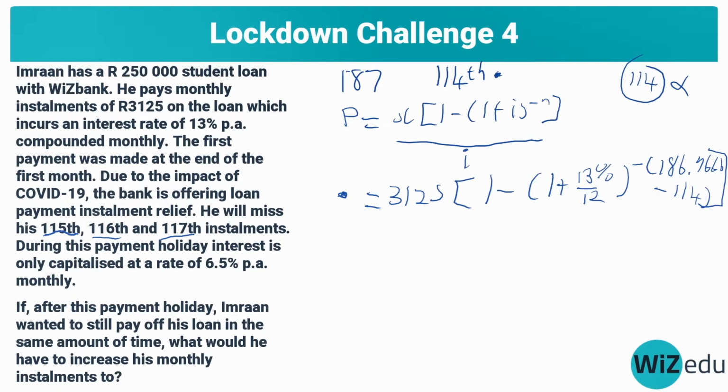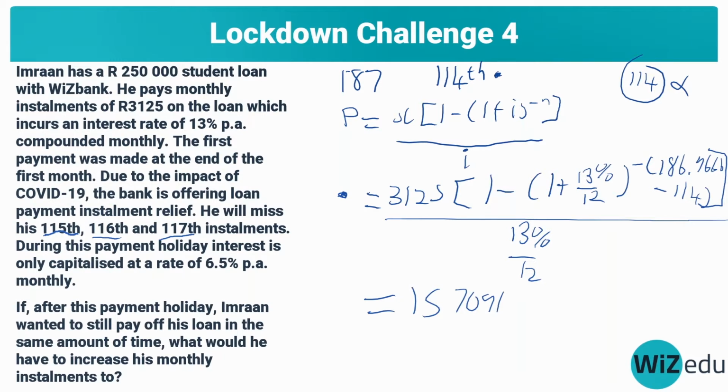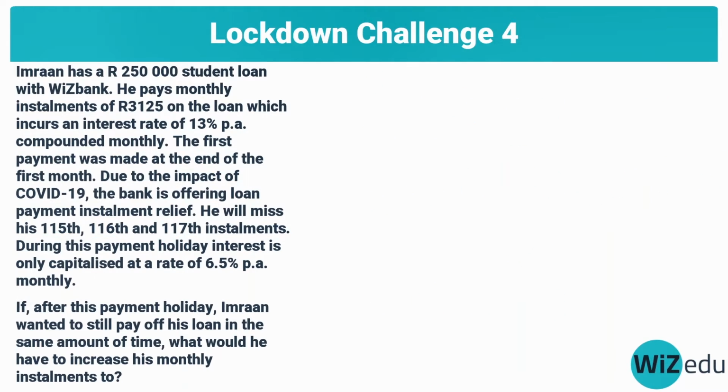That's why some people don't like to use this method and prefer to rather use the next method, which I'll show you in a short while. That's going to be 13% over 12. And if you punch that into your calculator, it's going to give you 157,091 Rand and 63 cents approximately. So I'll just go ahead and write this number here so we can see that it's the same when we